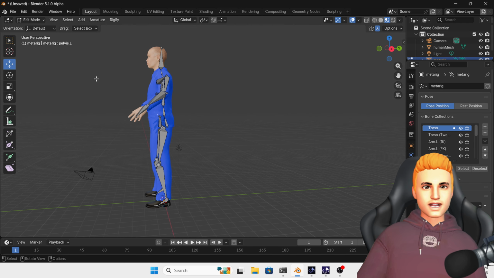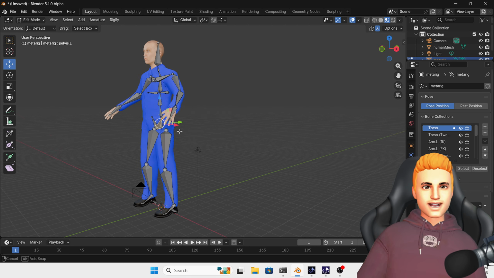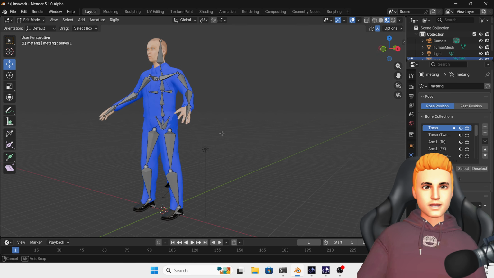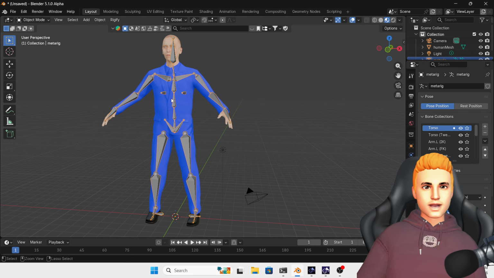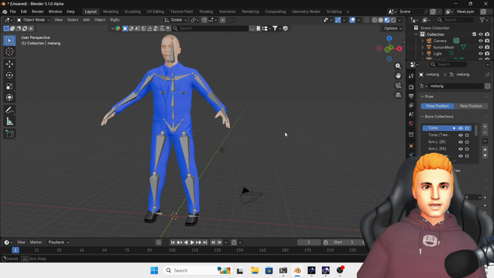Again go in Edit Mode. See, this bone is not aligned properly. Okay, now press A, go in Object Mode, press Control A and click on All Transforms. Okay, now what we have to do is